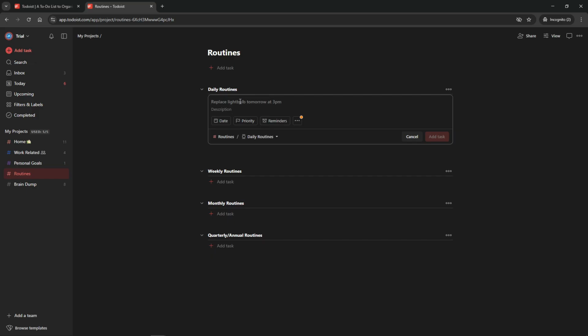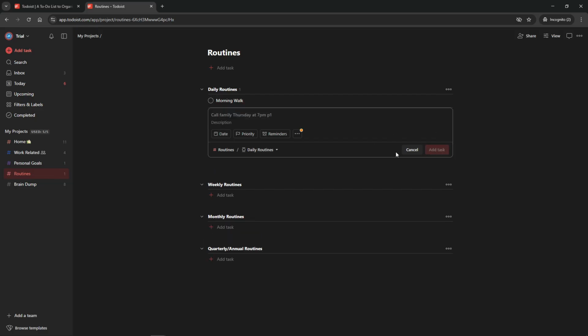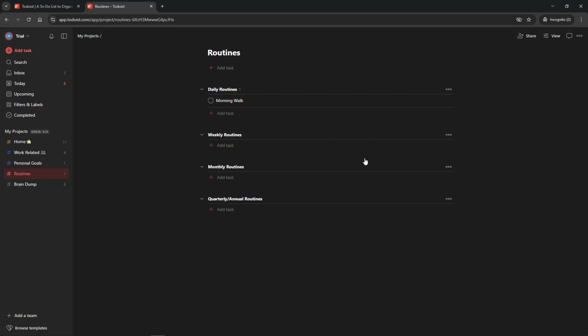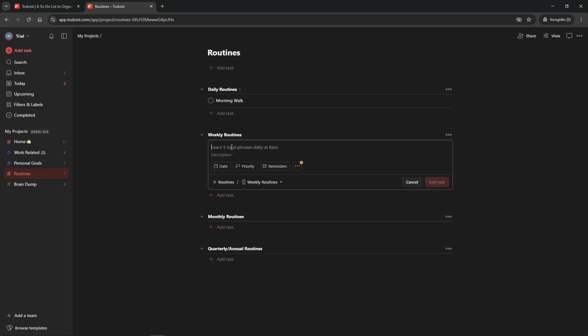It's really that simple. Once the section is in place, you can start adding tasks to it right away. This is where your organizational skills can shine as you move tasks around, create new ones, and prioritize based on the different sections. This new feature in Todoist really enhances project management by allowing a cleaner, more organized approach to